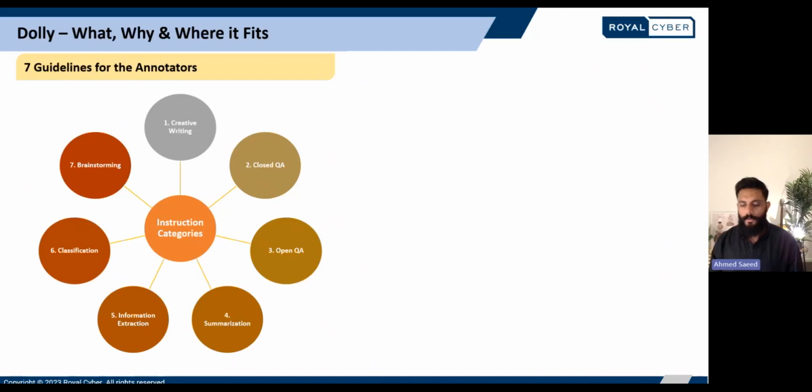And for Databricks, the way they came up with those 15,000 question and answer pairs was literally by crowdsourcing the data creation process to its staff, and then providing them with these 7 guiding principles, these 7 guidelines that you see on the screen, ranging from creating open and closed question and answer pairs, some Wikipedia-based tasks, to also encouraging creative writing and classification, and creating a strong emphasis on literally like creating a ban basically on the use of any generative AI content creation, just to ensure that the process is clean, right?